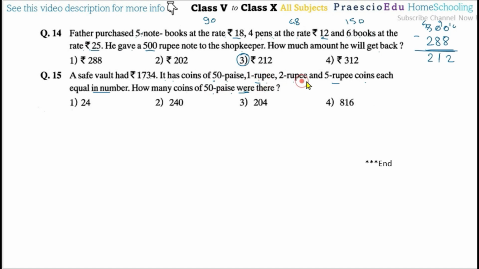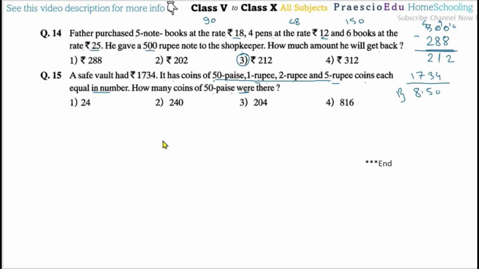these are all in equal quantity, so we will add all this amount, or we can say the value. Okay, so 50 paise plus the rupees. First of all, add the rupees. So 5 plus 2 is 7, plus 1 is 8. So 8 rupees and 50 paise, means 8.50 rupees. Okay, now there is the total of 1734. So this is to be divided by the total amount of each set of coins.